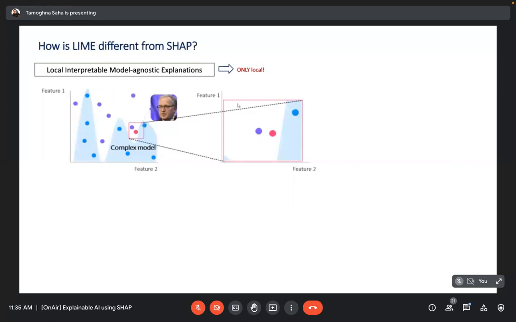Think of a very complex model where you are trying to say if a particular individual is eligible for a loan or not. Suppose these are the two features, and this is the complex model, the curvatures of the fitted curve, for example, just giving a rough idea. And this is where some sample records of data are distributed. Now you have said that John Doe is not eligible for a loan, then you must be held accountable when he asks, tell me why am I not eligible, right?